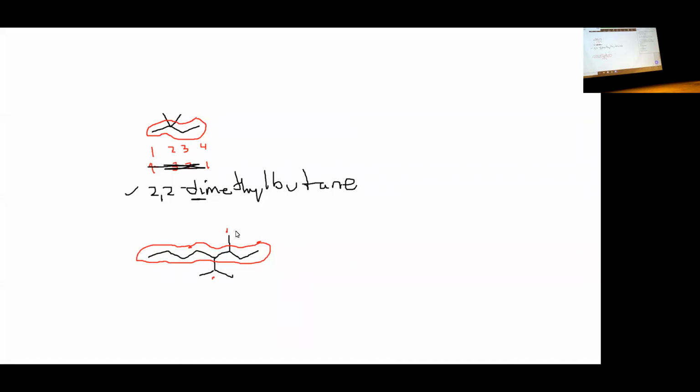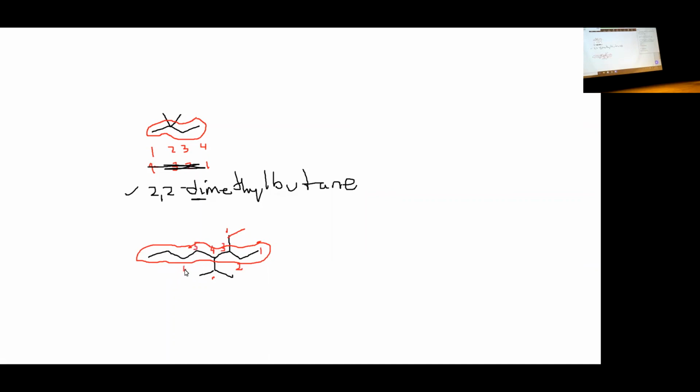Good, so we've got a methyl group here and an isopropyl group here. So actually now I'm regretting that, can I quickly change that to an ethyl group? Is that okay? That will make things a little easier. That will make my life easier. So now we've got an ethyl group on this carbon and an isopropyl on that one. So we want to number starting closer to the first branch point. That will make sure that when we get to the end, we'll have the smallest possible sum. So I think we should call that carbon 1, 2, 3, 4,